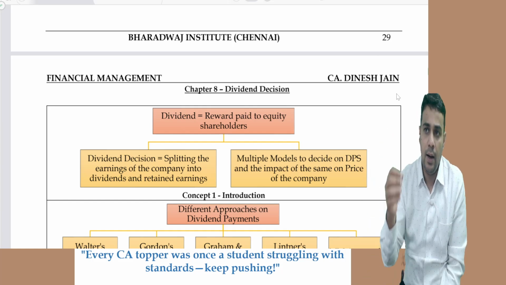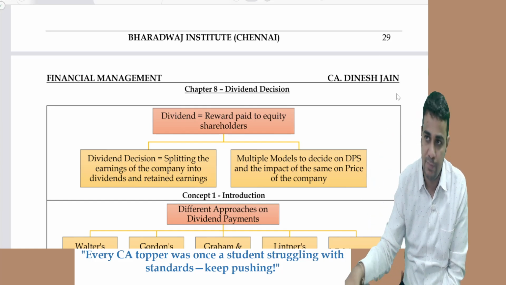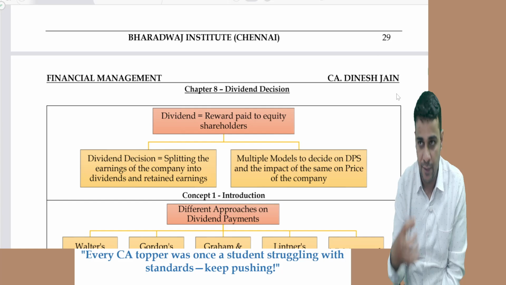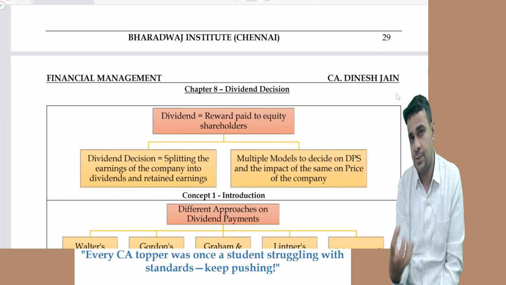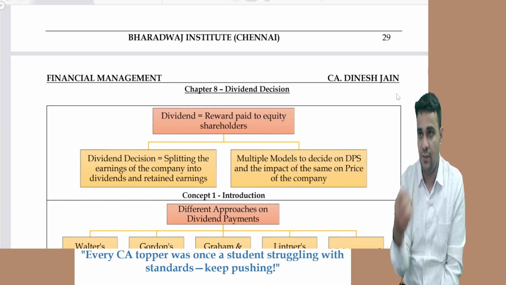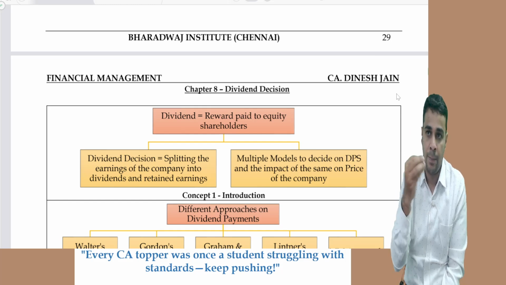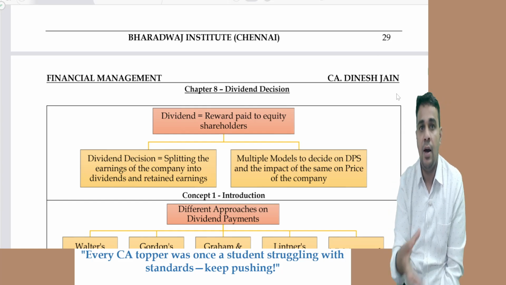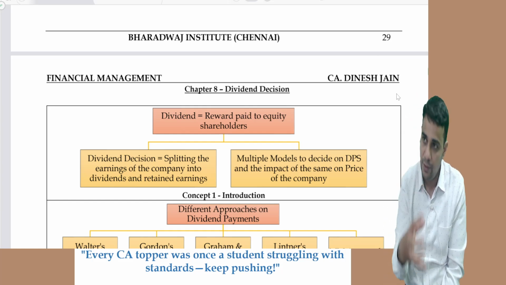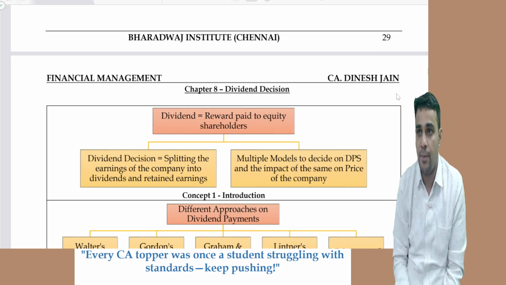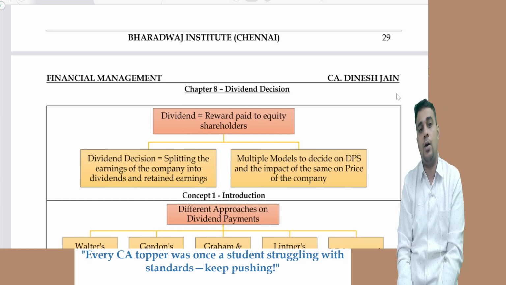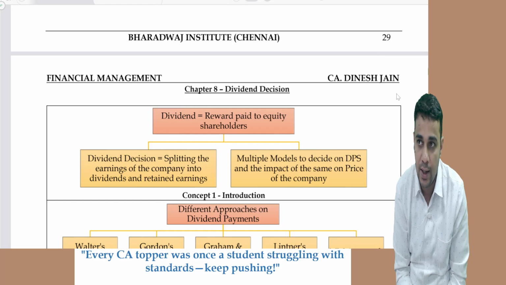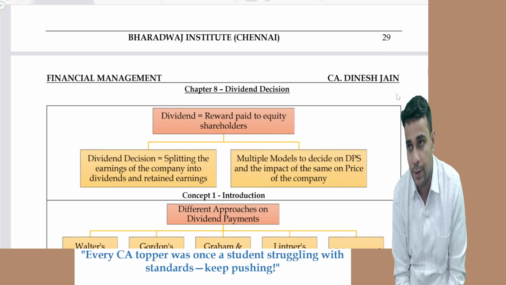Now, when a company starts a business, first we learnt I have to raise money, which is in the form of financing. After I raise money, I have to invest it somewhere, which is the investment decision. Raising money was chapters 4, 5, and 6. Investment was chapter 7. And when I invest the money, at the end of the year I want to analyze the performance, whether the company has done well or not, which is through ratio analysis, your chapter 3. In ratio analysis, you analyze how the company has performed.